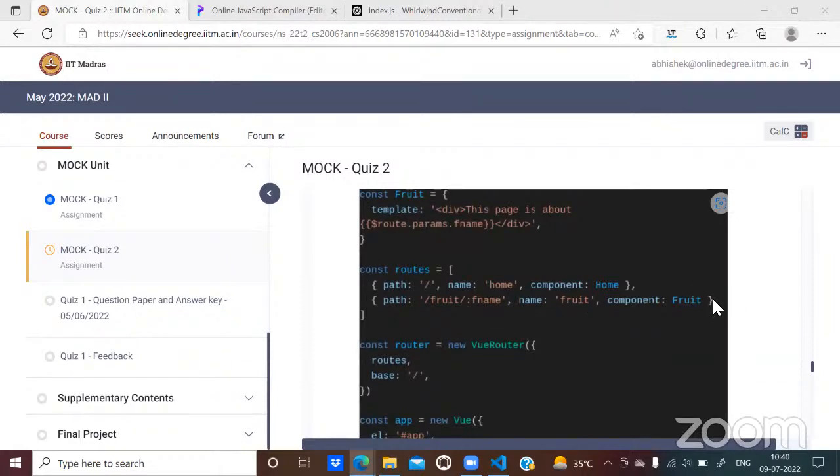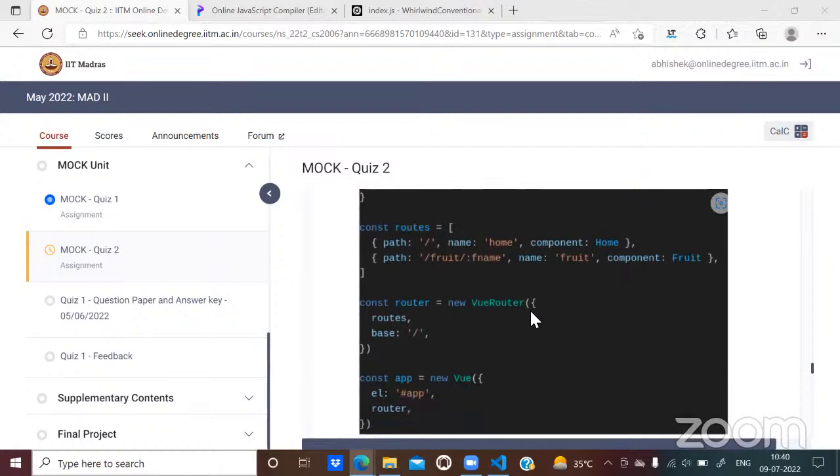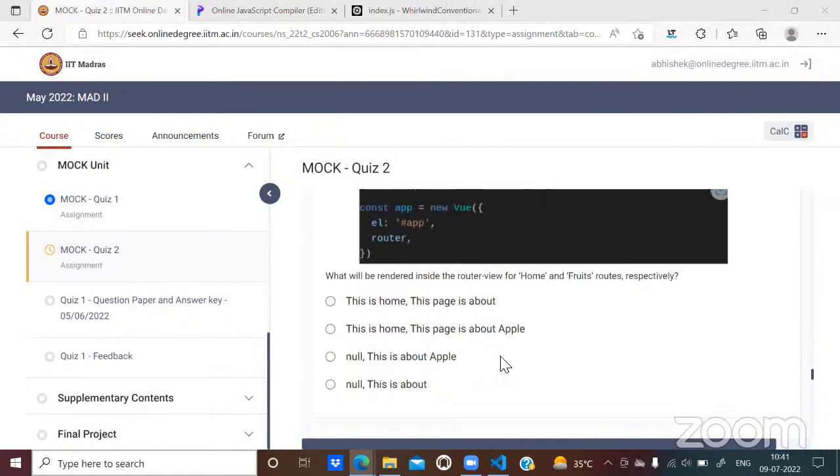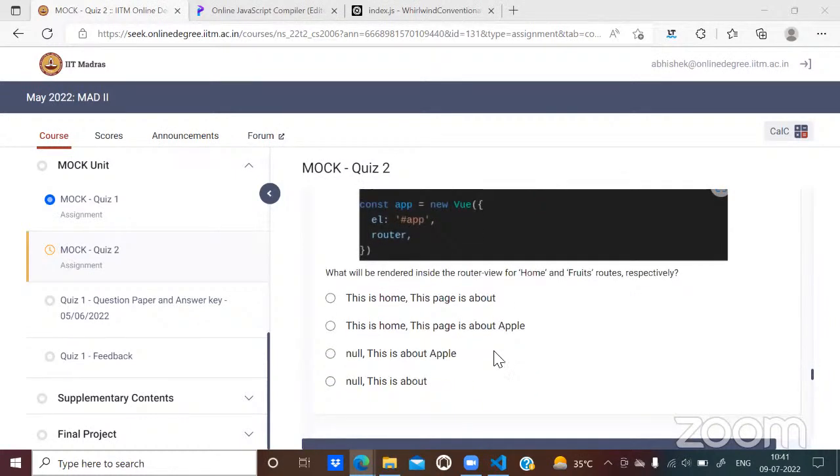Remember, we are not using props. That means we will have to use this route variable here. If you had used props, then that value would have gone as a prop here and you could have used it directly. But right now that is not being done. So this will go to fruit/fname. It will go here. This page is about route.params.fname. So this simply prints it as it is. So this page is about apple. This is what is going to be rendered on the browser. So the two outputs that will appear: one for home, that is going to be this is home. The second is this page is about apple. The second option is correct.